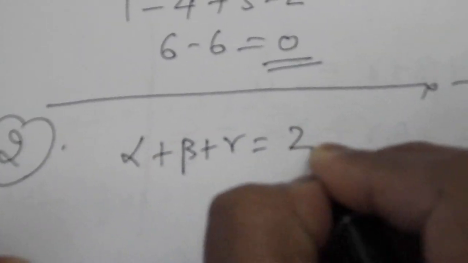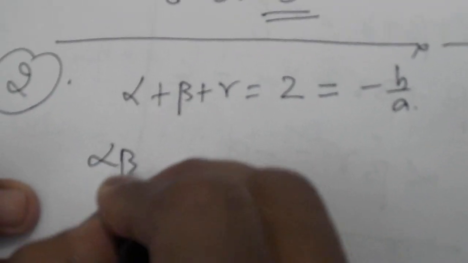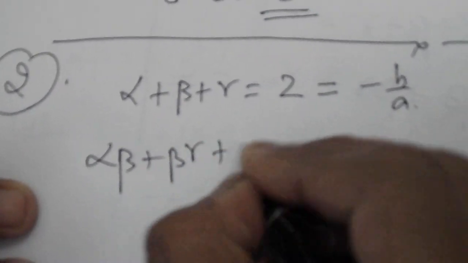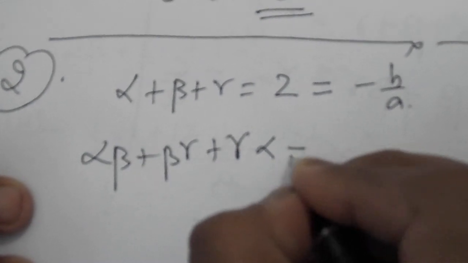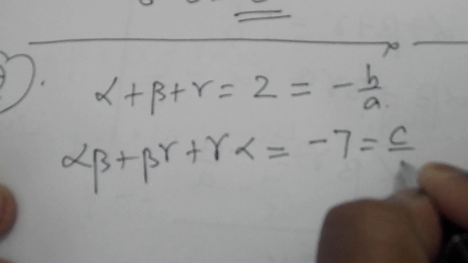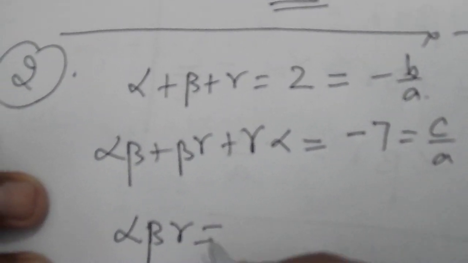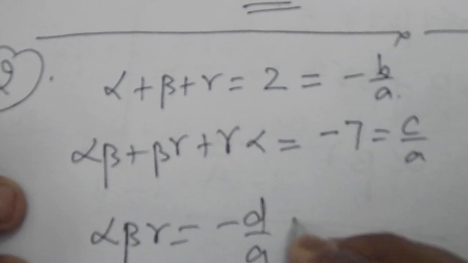This shows that if alpha, beta, gamma are the zeros, then alpha plus beta plus gamma is given as 2, which is equal to minus b by a. Alpha into beta plus beta into gamma plus gamma into alpha is given as -7, which is equal to c by a, and alpha into beta into gamma, which is equal to minus d by a, is given as